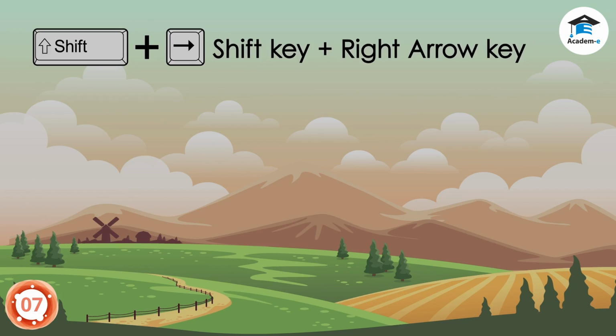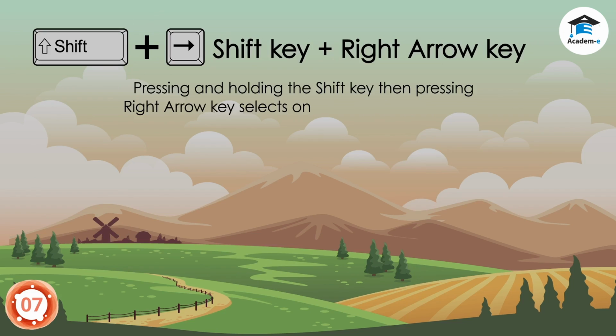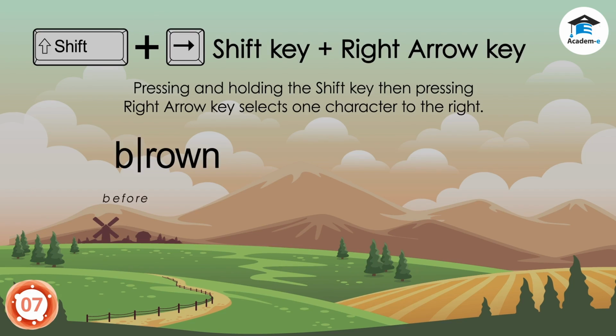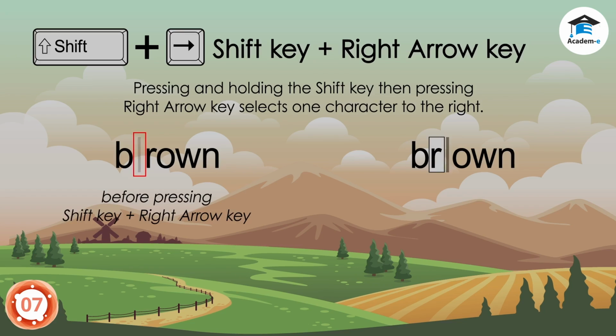Shift key plus right arrow key. Pressing and holding the Shift key, then pressing right arrow key selects 1 character to the right. Before pressing Shift key plus right arrow key, after pressing Shift key plus right arrow key,